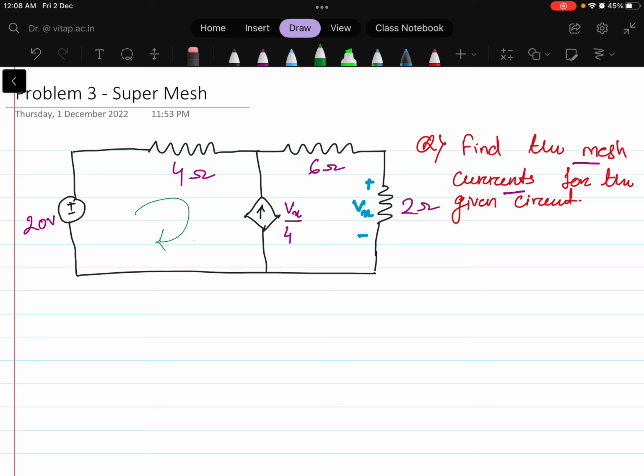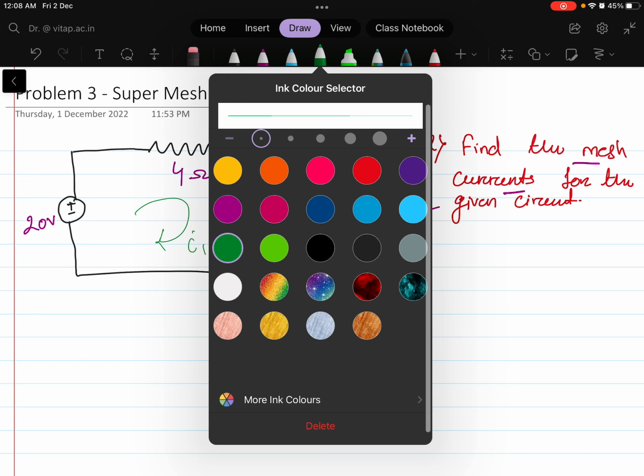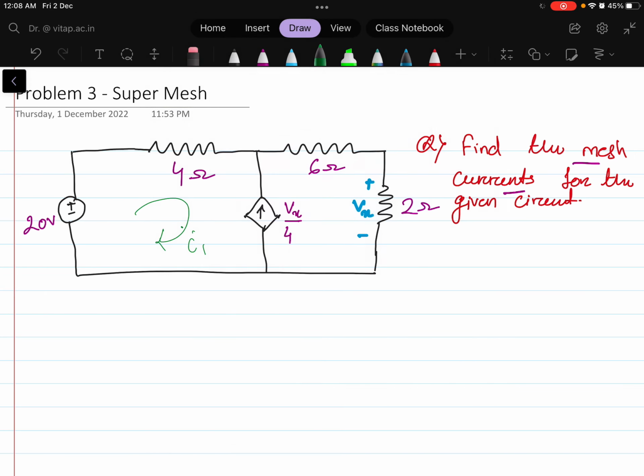So I will consider this as mesh 1. So the current flowing here is I1, and let us consider this as mesh 2, and the current flowing here is, let us take I2. Now you can see here there is a dependent source here. So this one is the dependent source here, and this dependent source is common to mesh 1 and mesh 2,